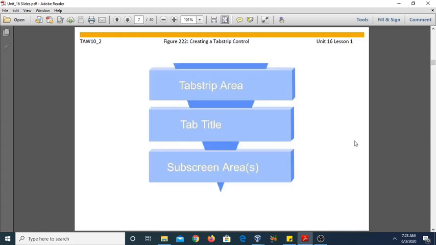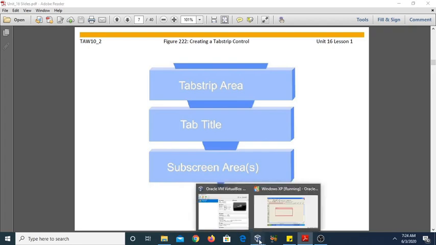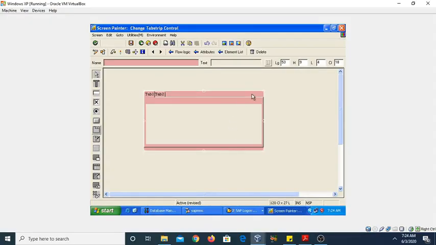Come to the next topic, how we can create the tab strip control. As you can see, first of all, we need to define the tab strip area, the first step. The second step is we need to define the tab title, and then we need to define the subscreen area. So you can see it also practically. Firstly, we have created the tab strip area here. In this tab strip area, give the